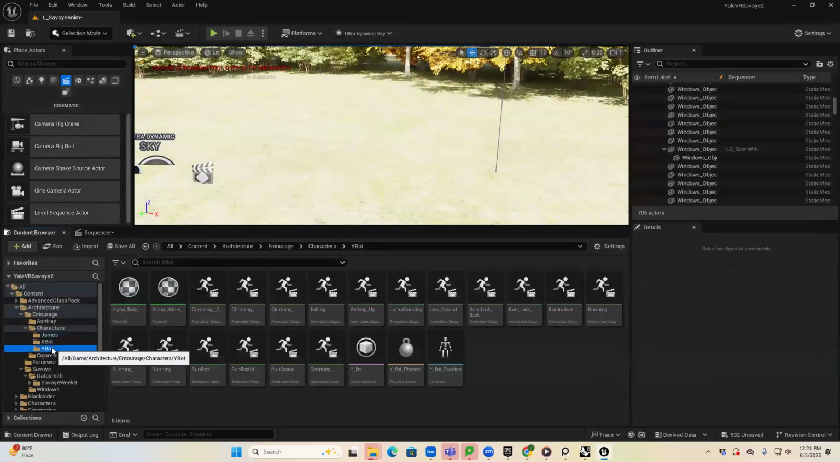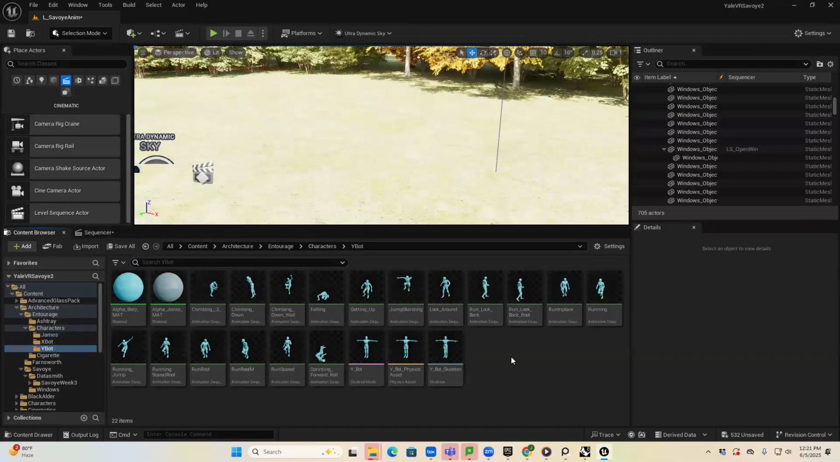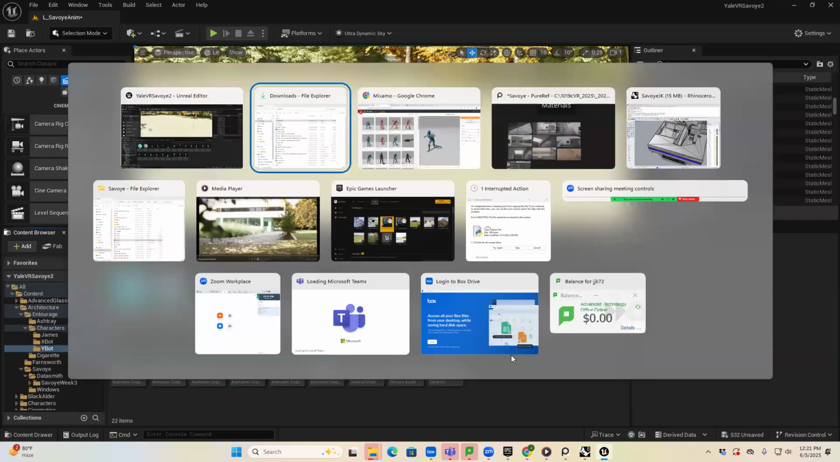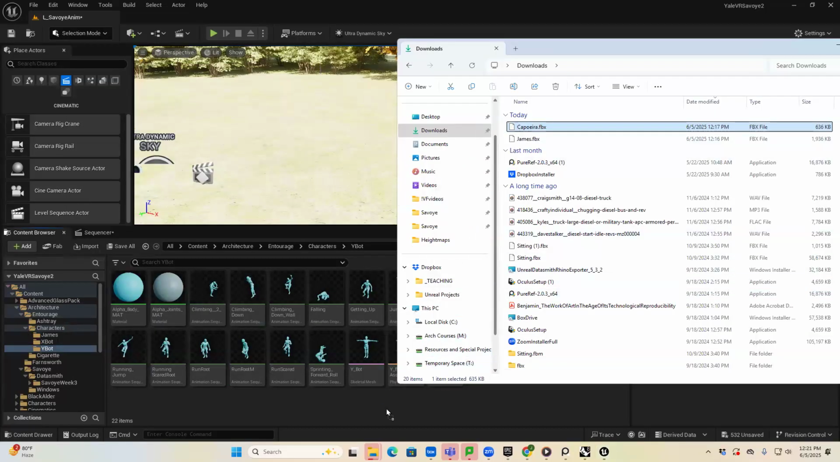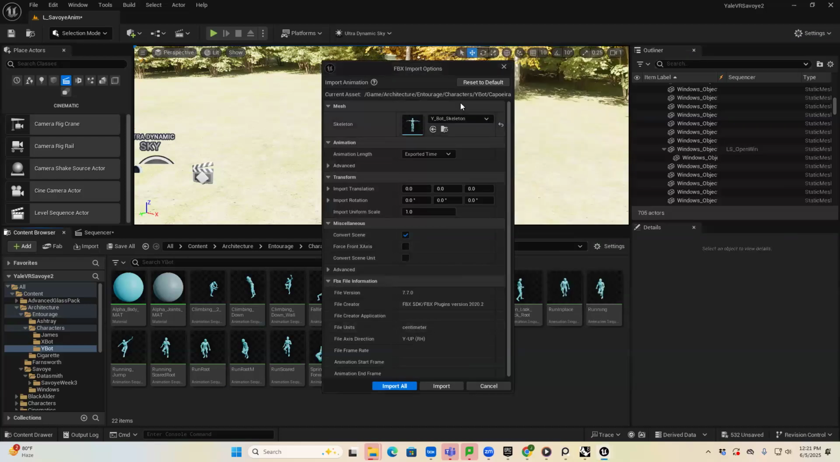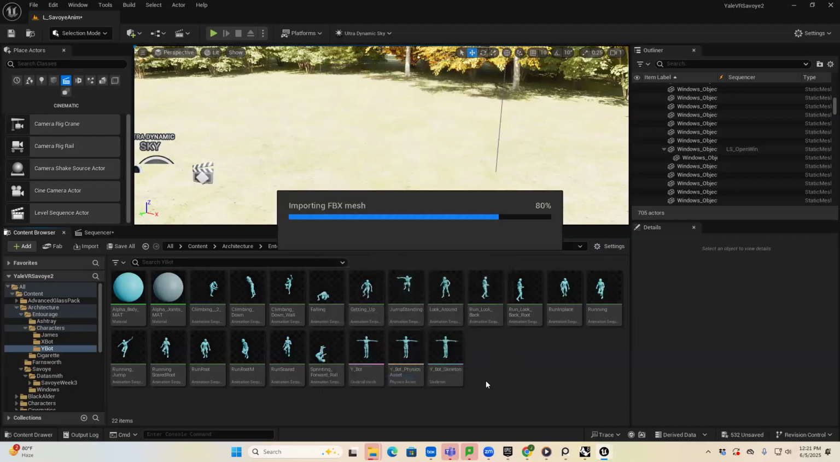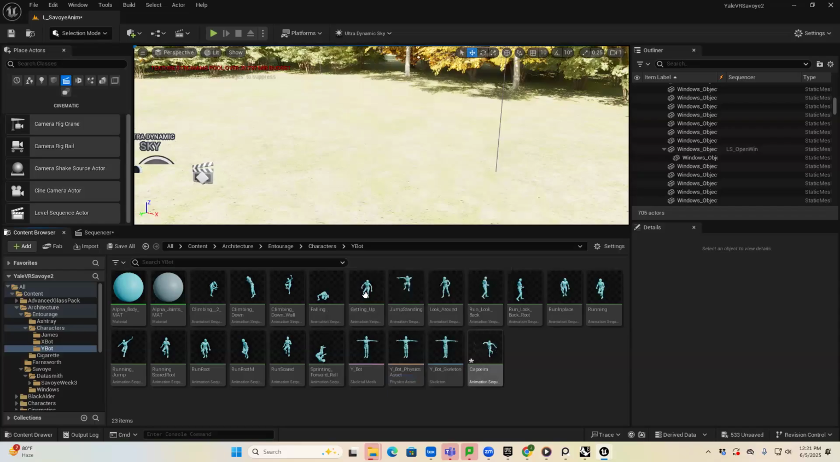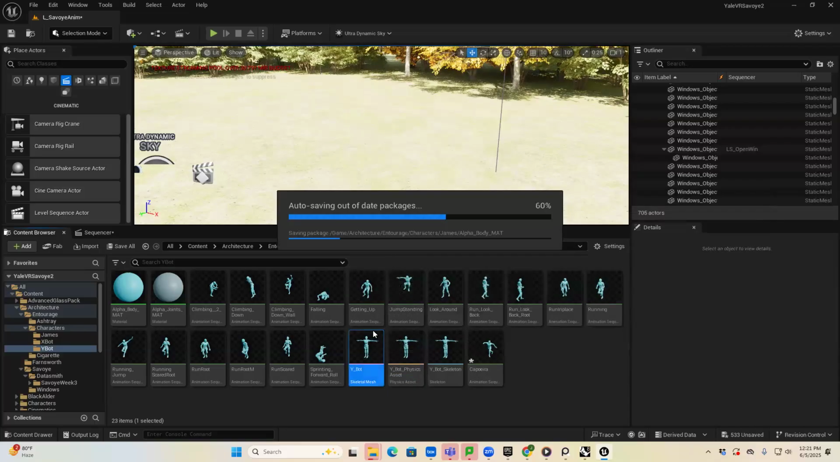I'm going to go to Ybot now. And because it's the same character, I'm just going to give the capoeira animation to the Ybot skeleton. And in fact, it knows that it found the closest skeletal mesh, I suppose. So import, right? But now if I open up Ybot,